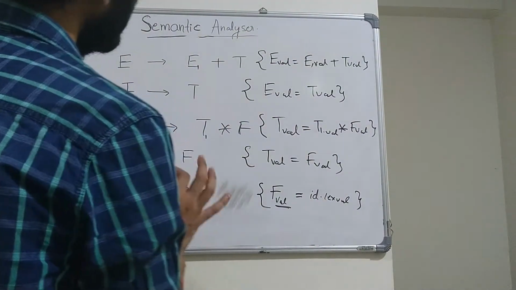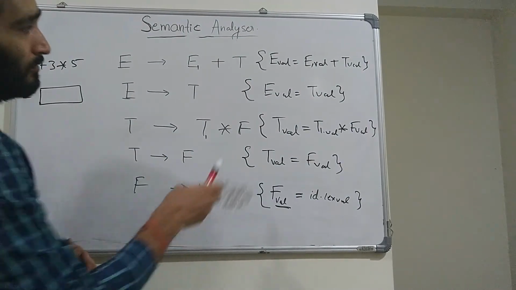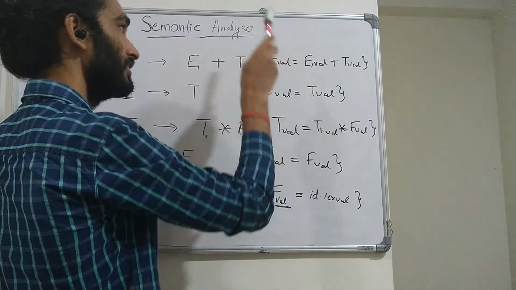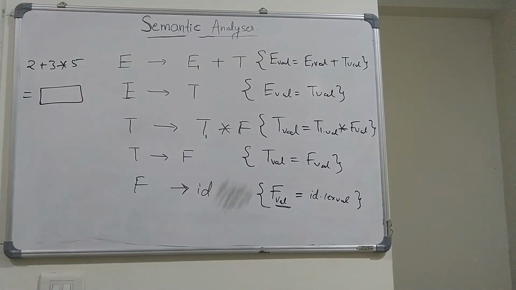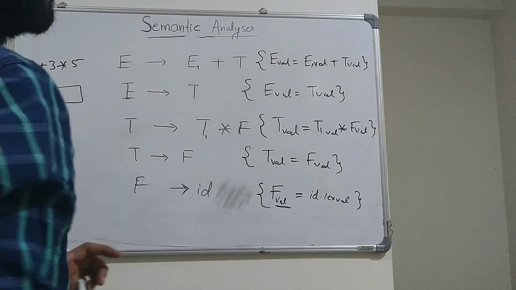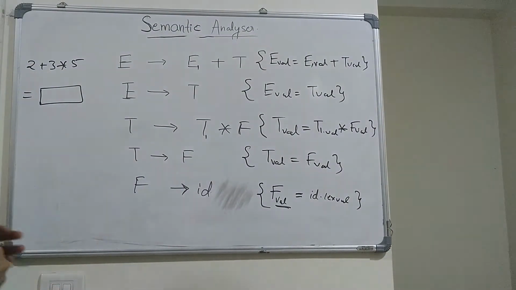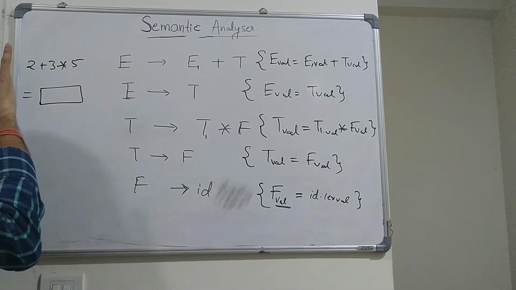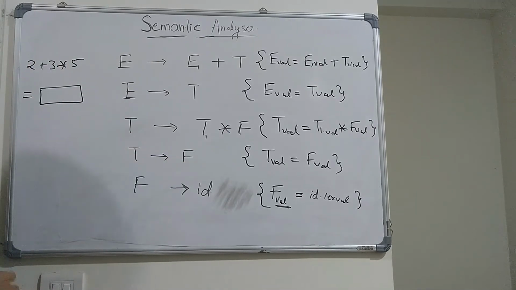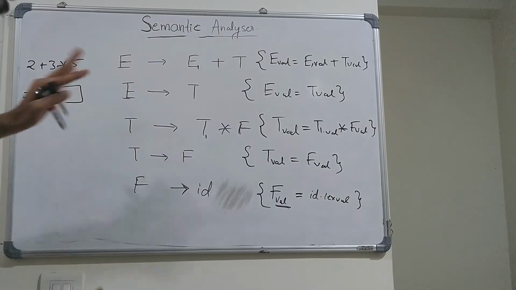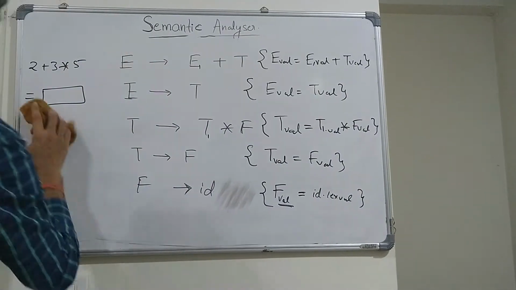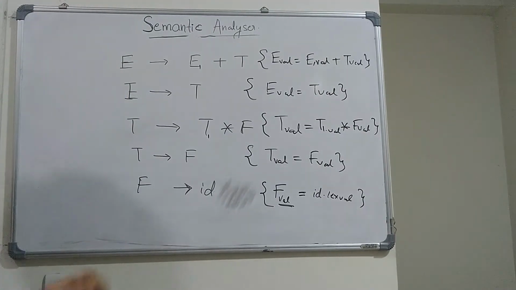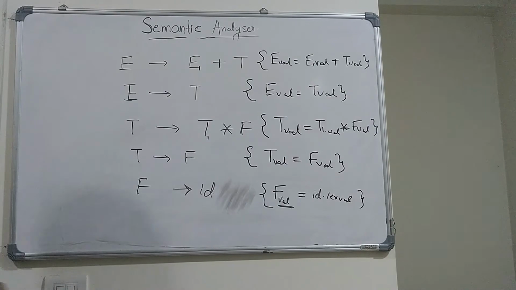I am just introducing the concept of the attribute, right? So the attribute I am using here is val, which has been associated with E, with T, and also with F, right? So all three non-terminals here are being associated with a single attribute, which is known as your value. Let's say this is just being used for computing the values of a given expression, right? So how this is going to be computed is simply when I'm going to use my bottom up parser, right? This is just to introduce you to the concept of attribute.